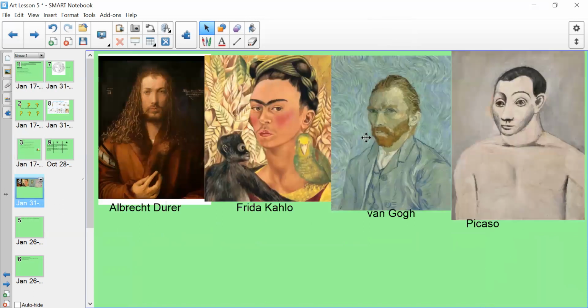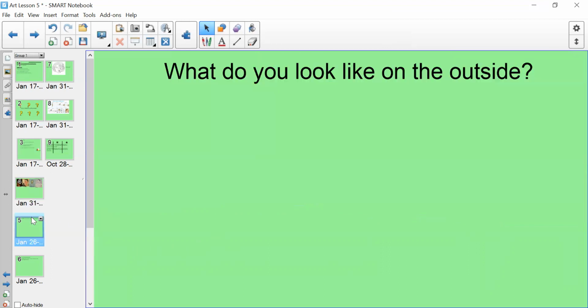So these are some self-portraits done by famous artists throughout history. And you might have heard of Van Gogh and Picasso. So these are two self-portraits that they have done. And today we're going to be creating a different type of self-portrait. So before we get onto that, I want you to think about what you look like on the outside and create a list, just a bullet point list or a mind map of everything that you know about yourself on the outside. So for example,